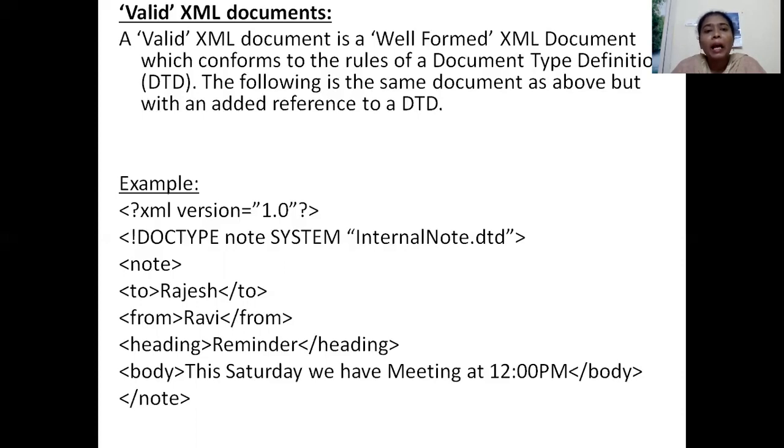Then only I can say that it is a valid XML document. So in this example, I can see the nested structure of a well-formed XML document as well as the rule which I applied here for the DTD. So now I can say that it is a valid